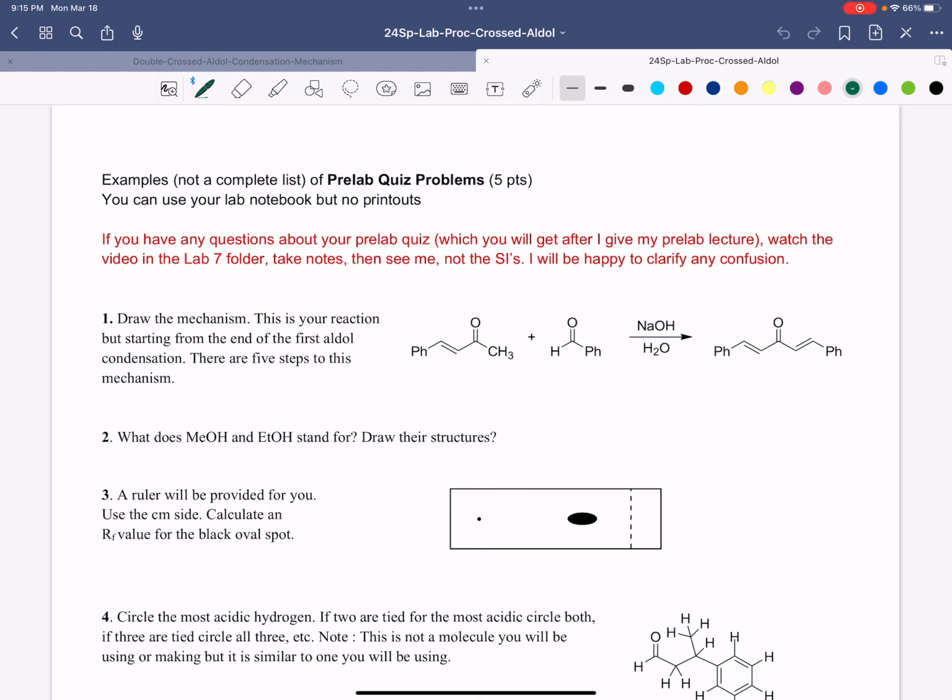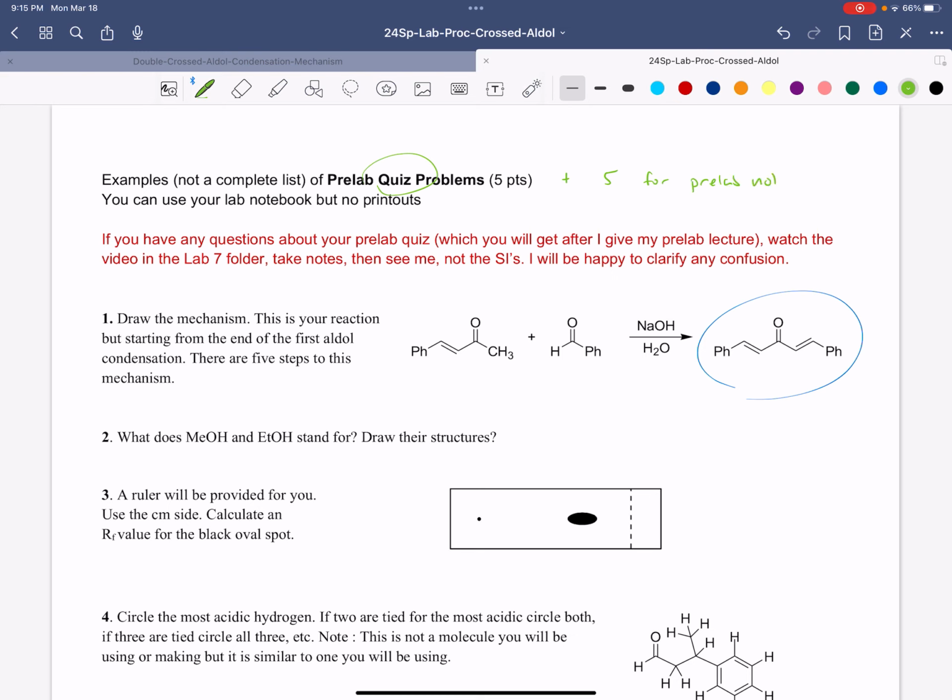Hello. In Lab 7, you are making dibenzalacetone, which is actually this molecule right here. And before we get started on the lab, as always, I'll give a short pre-lab lecture. But then after my pre-lab lecture, you'll be given a short quiz, maybe 8 minutes, worth 5 points out of your pre-lab notebook entry. So 5 points will come from the quiz, plus another 5 for your pre-lab entry,